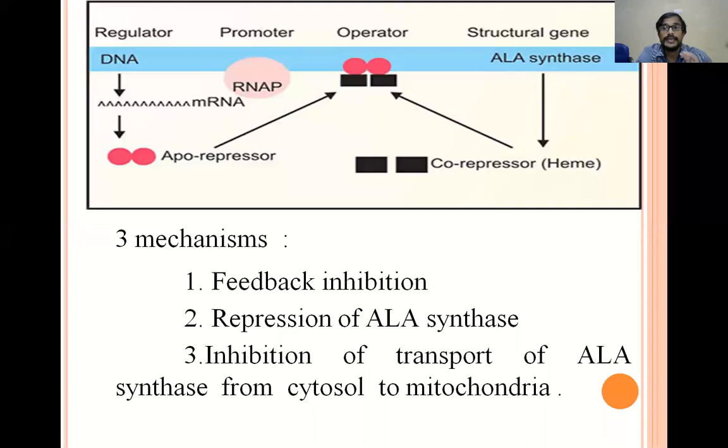Here, heme when produced in excess quantity will act as a repressor and is attached to the operator gene and inhibit the synthesis of ALA synthase, which in turn controls the synthesis of heme. In the same way, if heme is less in the body, the requirement of heme is there in the body, then the heme will come out, which is known as derepression. The operator site will help in production of ALA synthase and heme will get produced. So this is repression and derepression.